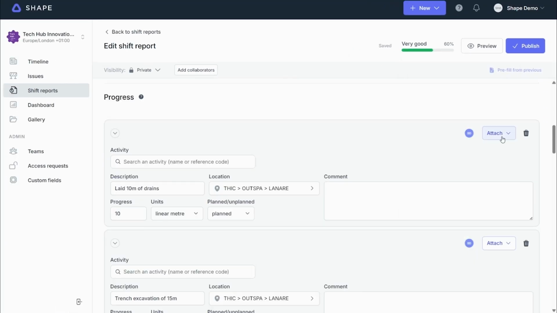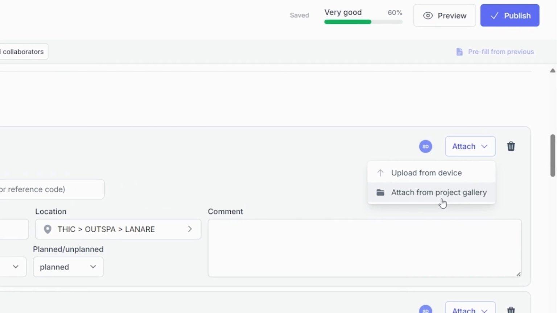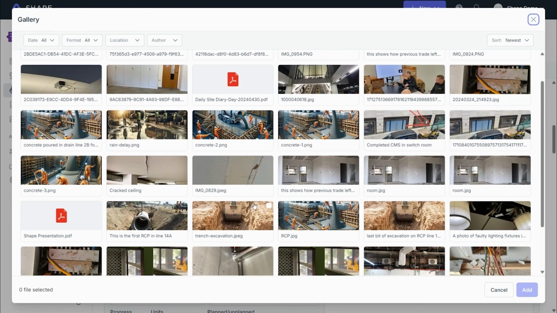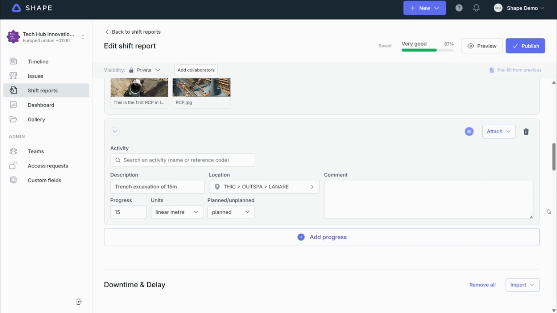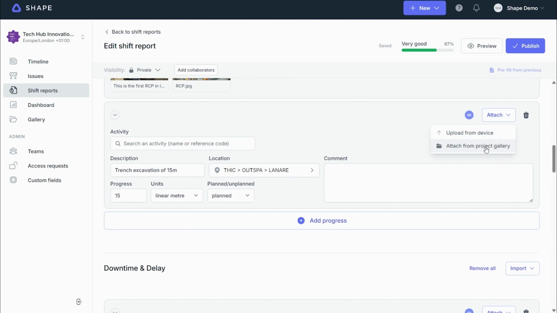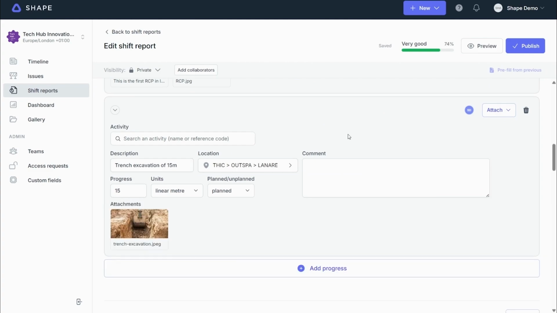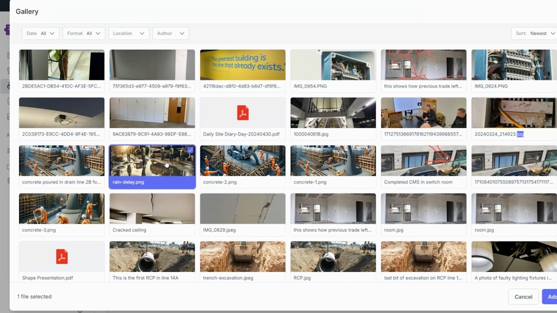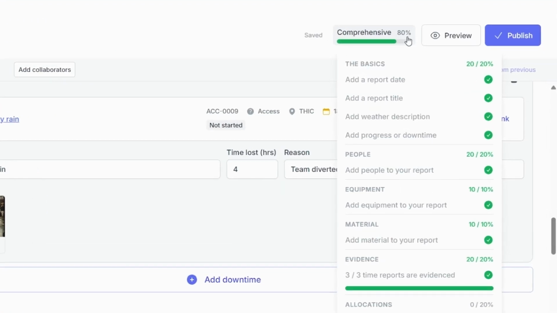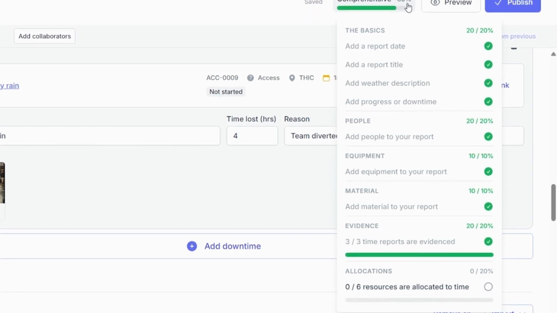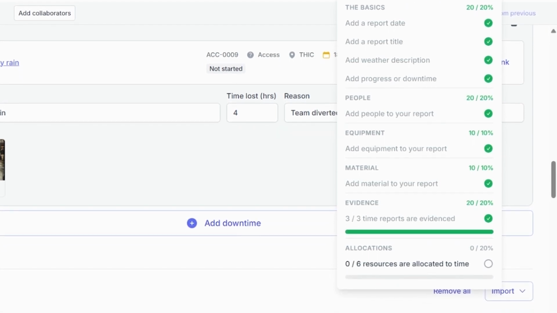Rather than uploading, we can attach images that we have in our project gallery that auto-synchronize from site-based users who use the Shape Channels app to coordinate the works and gather information. You can check out the benefits and uses of that app in some of our other videos. We have pipe laying photos, some images showing the trench excavation works, and on the downtime item, we attach a picture proving that the site was a washout. Now we have quite a complete shift record, with well-evidenced records of progress and delay, and capture of our resources